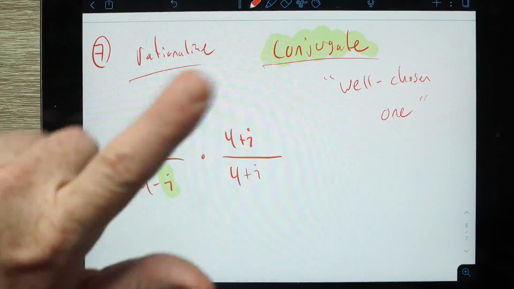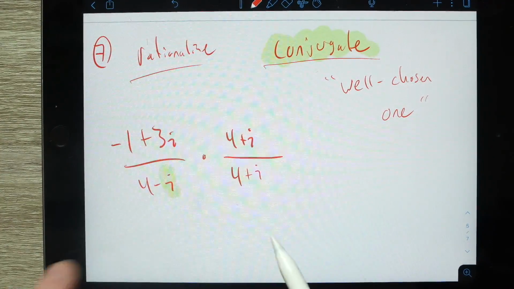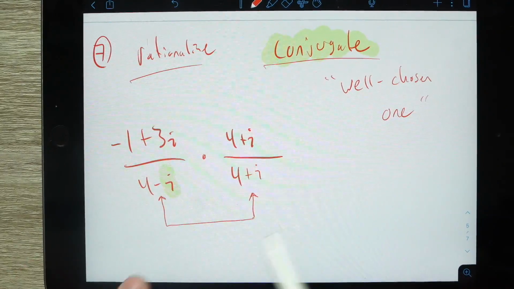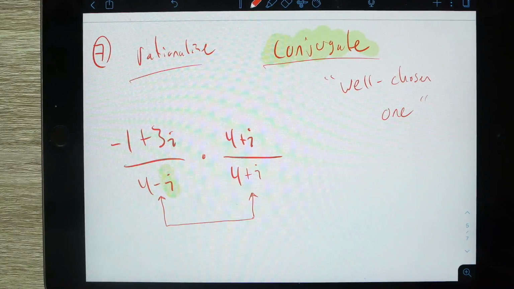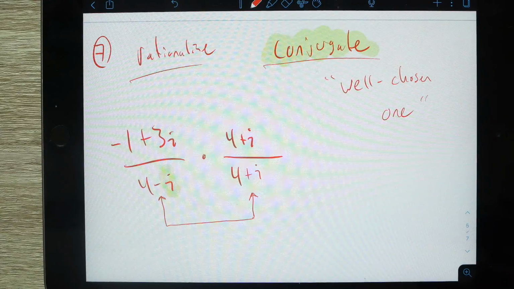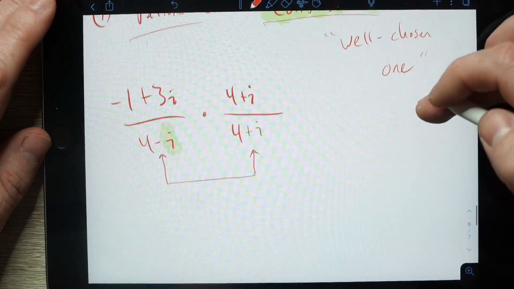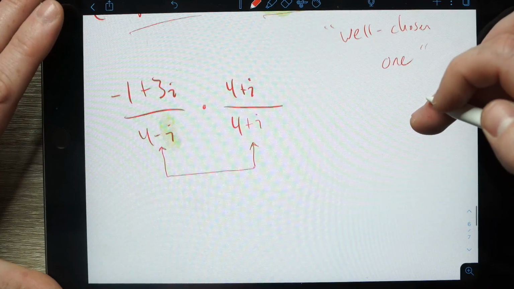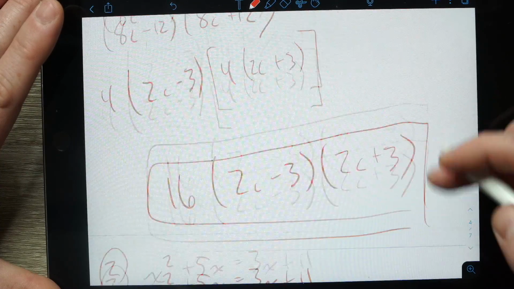But I've chosen a very convenient one because it happens to be the same thing as the denominator, but the only thing that's changed is the operator is different. Over here it's a minus and over here it's a plus. With me so far? Yeah. All right. So what that's going to do for us is when we go to multiply these out, just like this example we had back here,